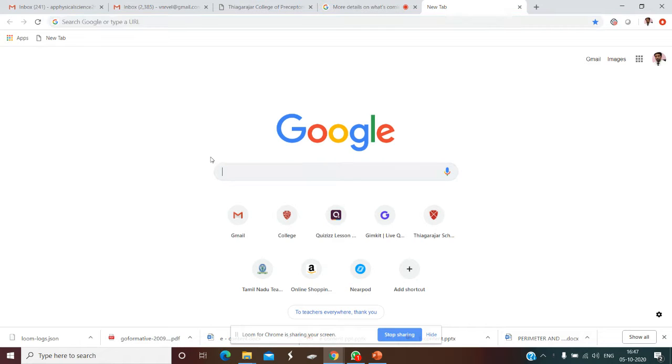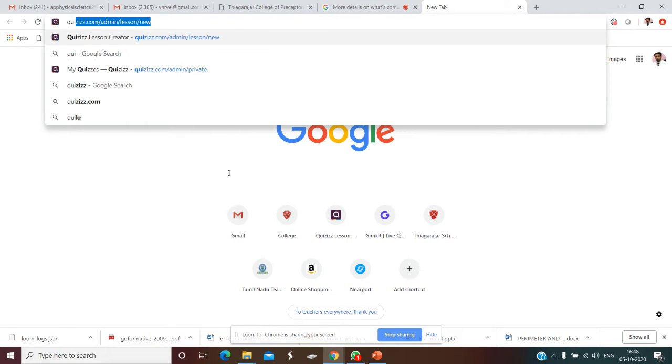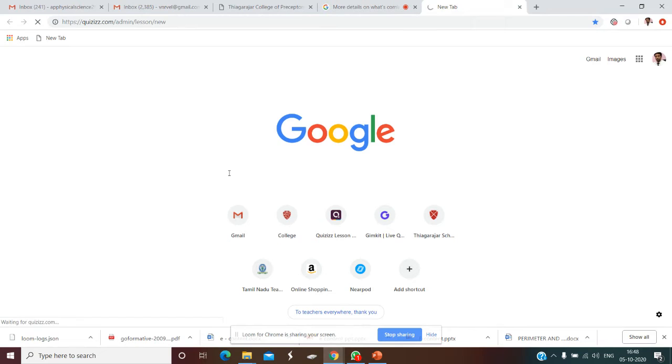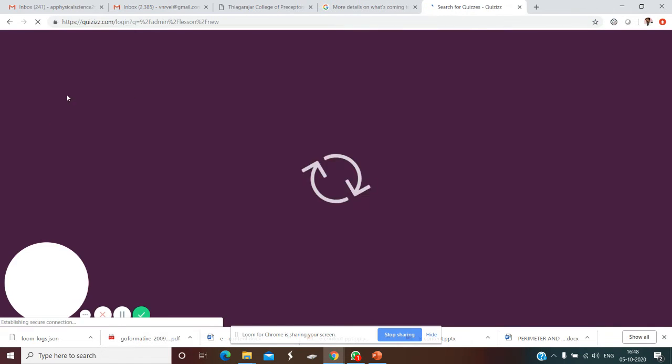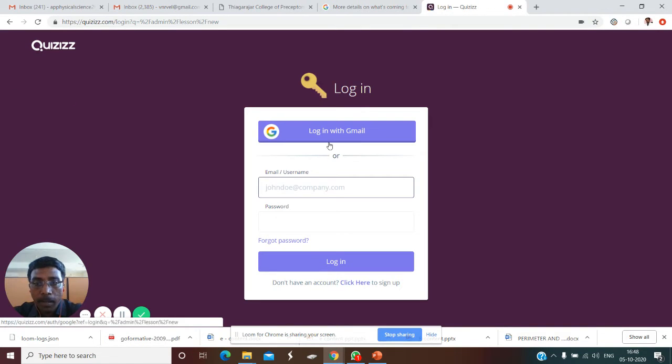So first we have to search in the Google browser, quizizz.com. Just enter. So this is the next step. It will ask for login.